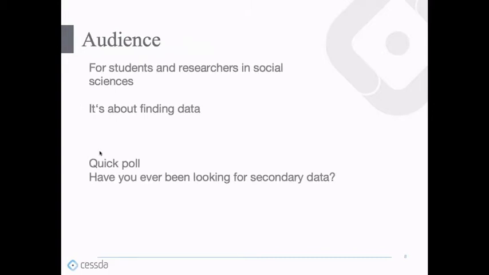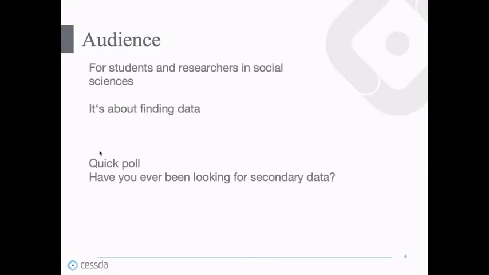This webinar is for students and researchers in social sciences who want to know how to find secondary data. By secondary data, we mean data collected by somebody else. Today, we will show you how to get the secondary data. Finding data and using secondary data is a good thing because it allows you to get data for free. It's true that sometimes you must pay for data, but mostly they are for free. If there exists data that are suitable for your research, you don't need to conduct your own data collection.